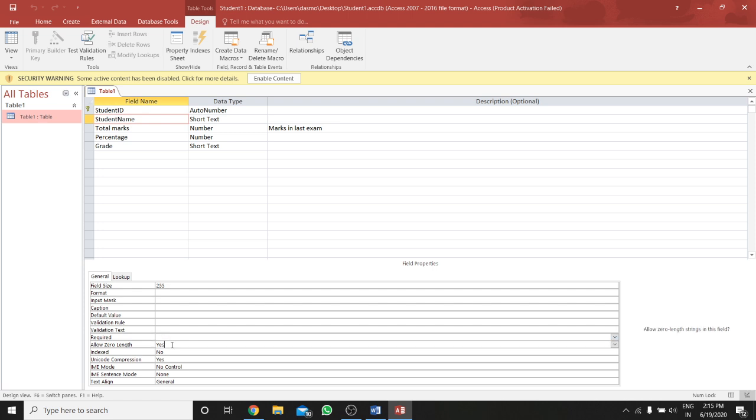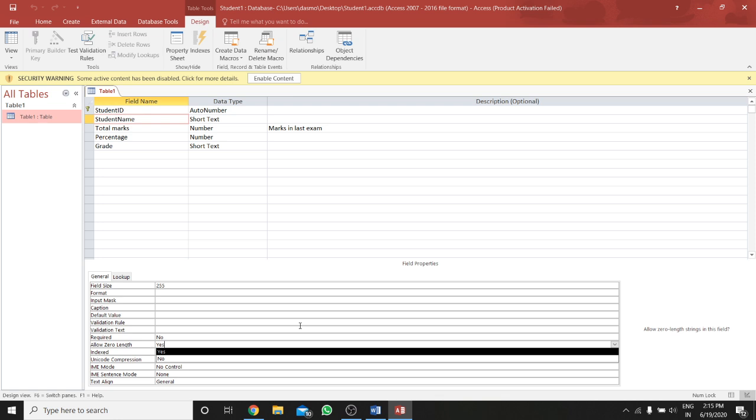Then another one, allow zero length property. Allow zero length property also consists of either yes or no. If we give yes, then it will allow zero length. If we give no, it will not allow any value of zero length.